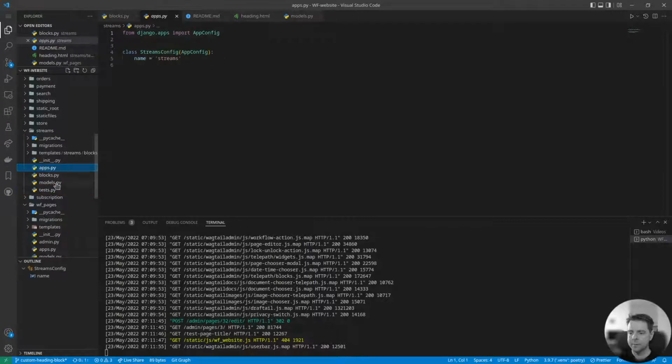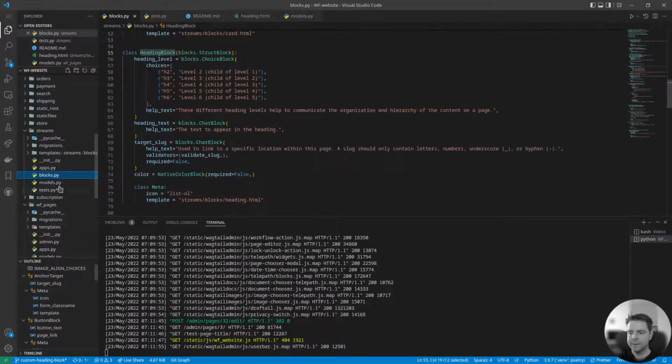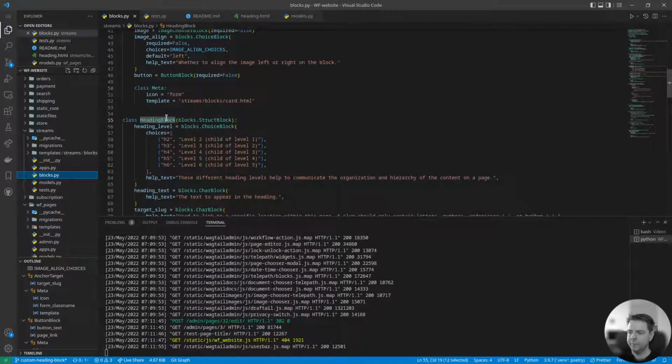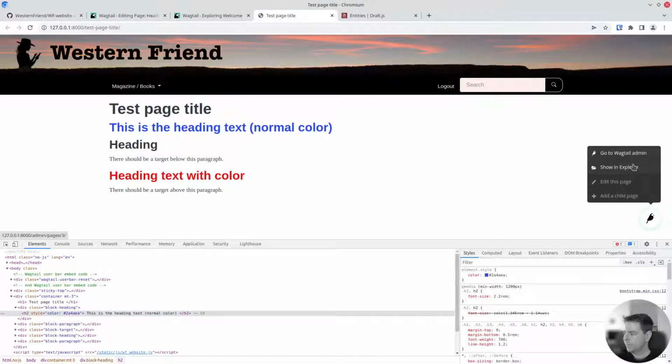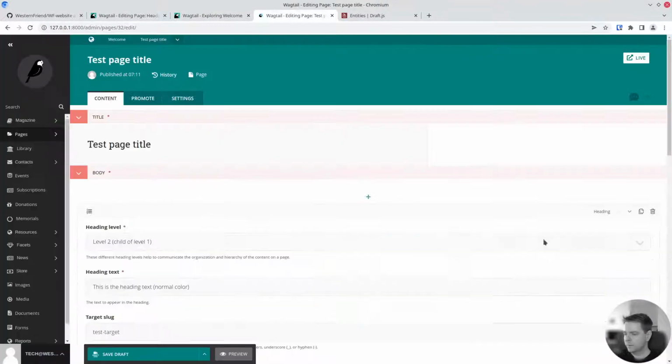There's no models for this app or really tests necessarily. And I've defined a custom block called heading block. And in order to do this, we're inheriting from the Wagtail struct block, which lets you define structured blocks with multiple fields. And a block is just something like a widget you can move around in your Wagtail stream field content. So when I edit this page again, we'll notice that the body of this page is a stream field,